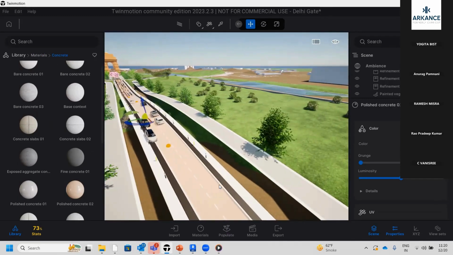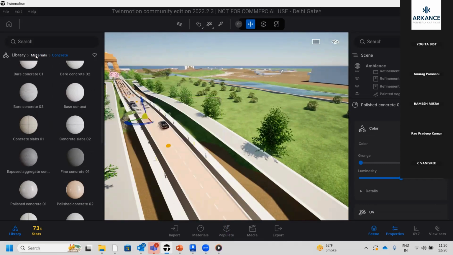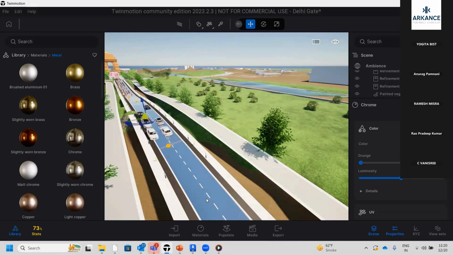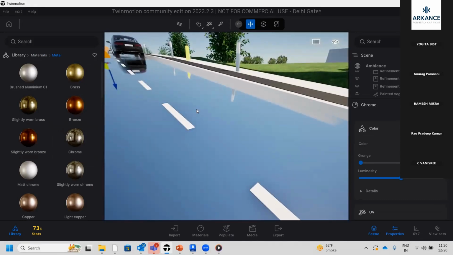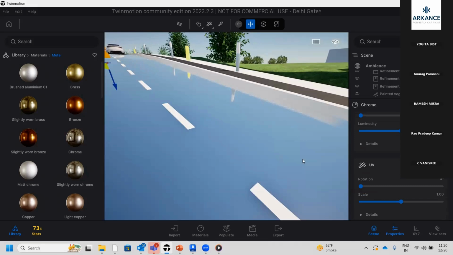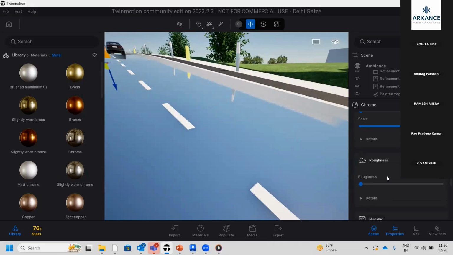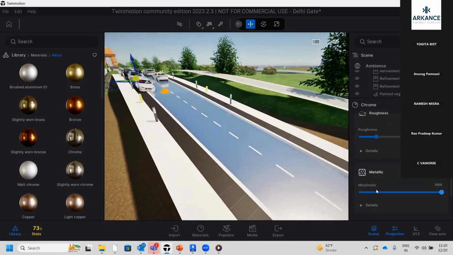Similarly, for applying any sort of material, you just need to take that material and drag and drop. For example, if I need to turn this into a metal surface or something like that, तो metal surface पे डेवलप हो जाएगी चीज इस तरह से। So it will have certain parameters which will be associated with respect to metal, reflectance होगा, further reflections होंगे। As soon as I have applied the material, आप देखोगे रोटेशन, स्केलिंग करनी है मटेरियल की तो स्केलिंग कर सकते हैं, रफनेस कितनी देनी है, स्मूथनेस कितनी देनी है, कितनी शाइनिंग देनी है, कितना मेटेलिक रीजन्स रहेगा,